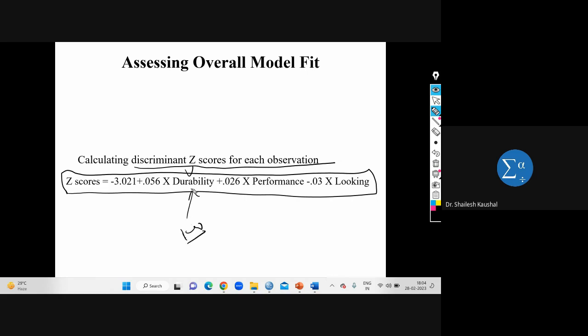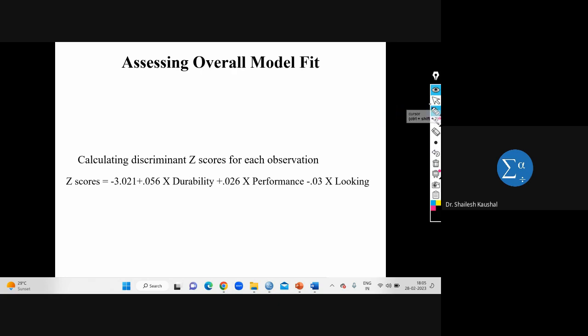If he is giving good marks, 80, 90 for durability, or good marks for performance as well as looking, then naturally he would buy the product. If he is giving less marks to the durability, performance and looking, then his discriminant score will be less than this cutting score. Then he would not buy the product. Okay, this is my